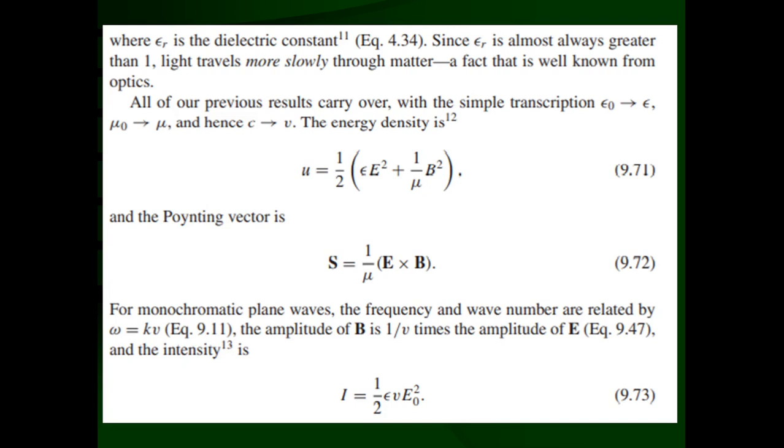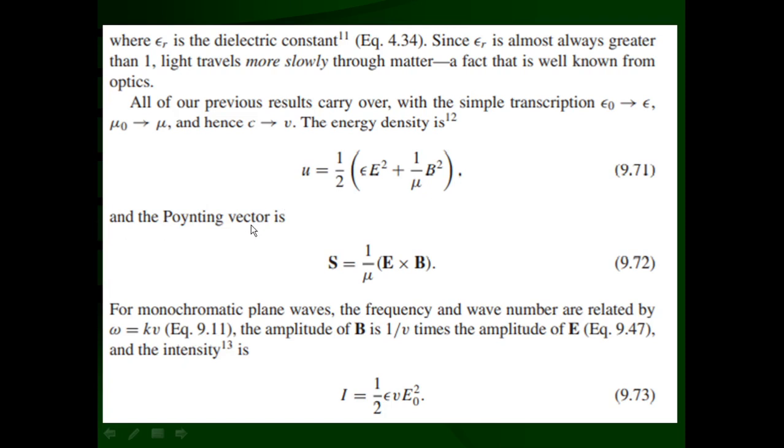You know that the EM energy density we have already derived is 1/2 (E dot D plus B dot H), and D is equal to epsilon E. So this is nothing but epsilon times E squared, the magnitude of the electric field vector, and for B dot H, you know that H is equal to B over mu. So B dot B is equal to B squared, the magnitude of B squared, and 1 upon mu will be there. That means the energy density is given by u is equal to 1/2 epsilon E squared plus 1/mu B squared. Remember these things.